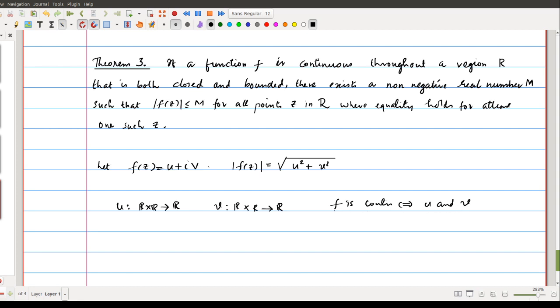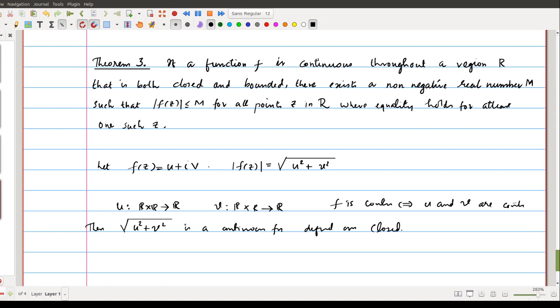If f has a limit at z equal to z naught, then u and v have a limit at the corresponding point x naught comma y naught. So if you replace those limits by the corresponding functional values, you will get the equivalence of the continuity of f and the continuity of u and v. So if f is continuous, then u and v are continuous. Since u and v are continuous, u squared plus v squared is continuous, and so is the corresponding square root. We know that the root of a continuous real function is always continuous. So this is a continuous function defined on